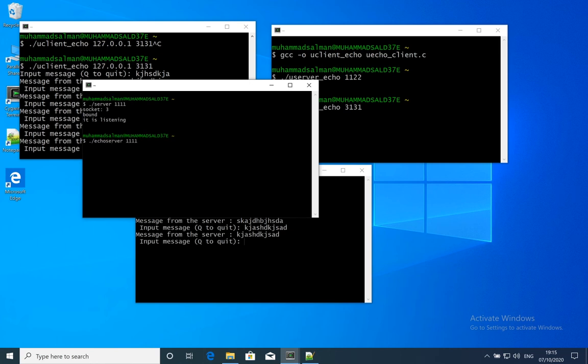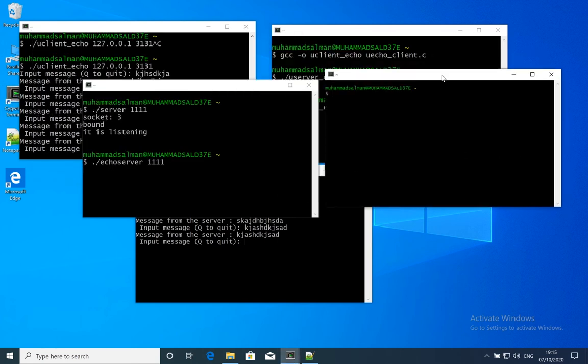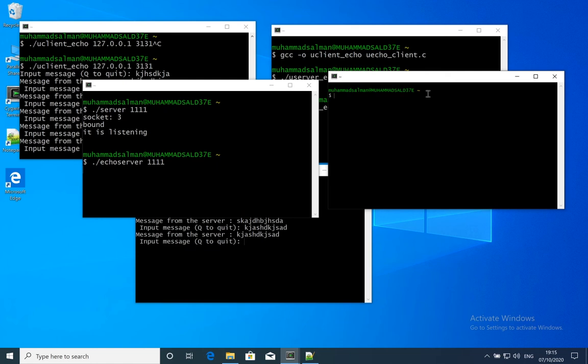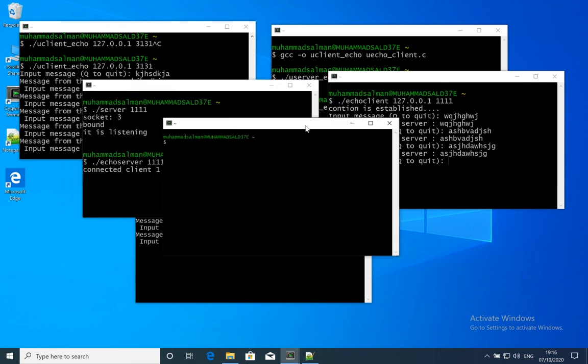Let's say I'm listening at the echo server at the port number 1111, and then I'm executing the echo client here. ./echoclient, but I should not use the .exe, and then I should use the IP address and then 1111. So the client connected, and as long as I'm writing from this one, I will be receiving back. But if I want to use another client using the same echo server,